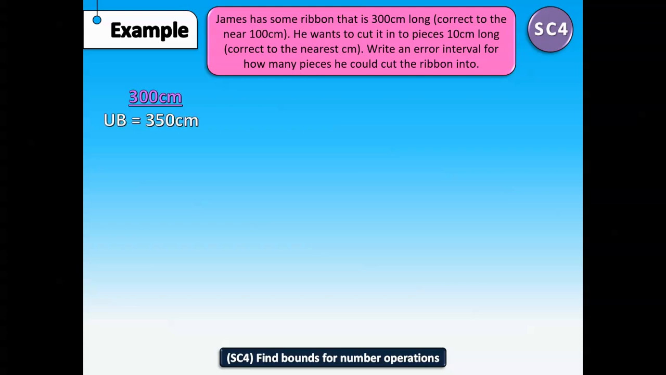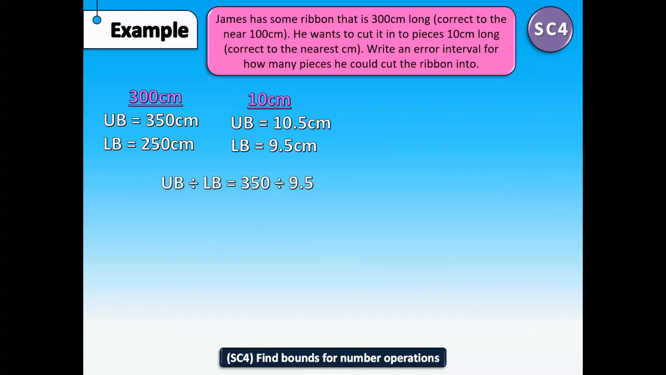So for the 300 centimeters, it has an upper bound of 350 and a lower bound of 250. For the 10 centimeters, it has an upper bound of 10.5 and a lower bound of 9.5. So if we do the upper bound divided by the lower bound,